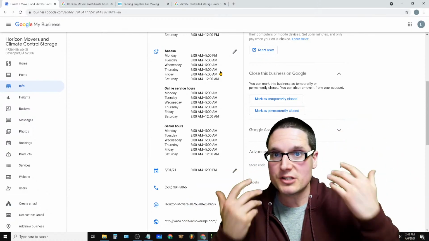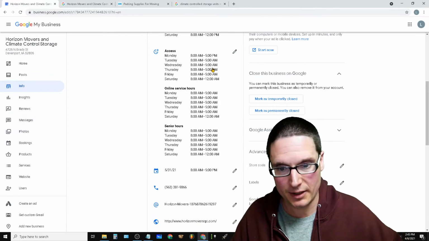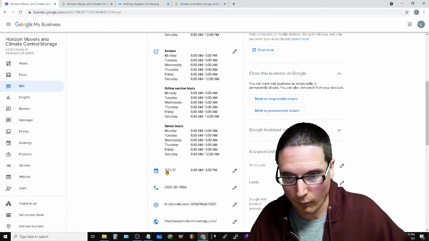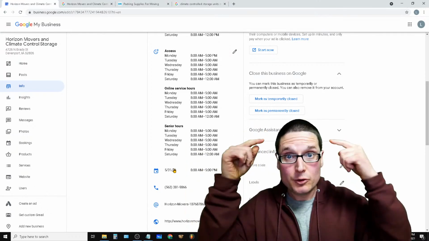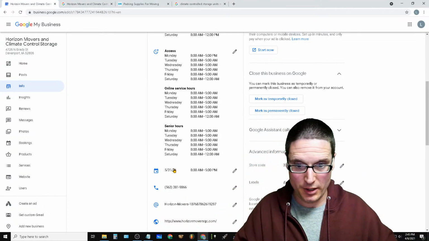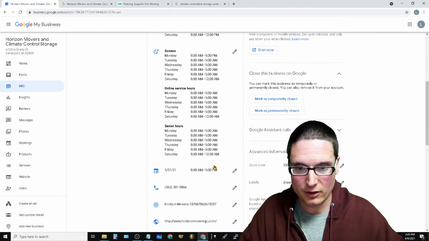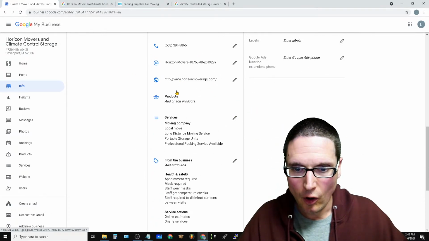If you offer these services, you want to put them in there, obviously. These are trust chips in my humble opinion. So I want to fill these all out. Any types of dates, if there's holiday or anything that you can add in, if you know it off the top of your head, put it in. Put it in as a factor. Google's asking for it, put it in. Aside from that, our phone number, that goes without a doubt. Our short code, I'm not going to change that. He might be using that. Our address,